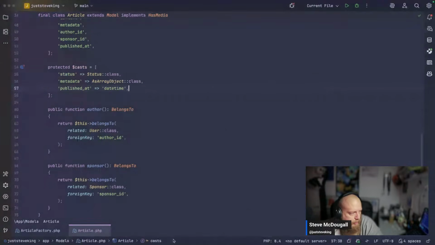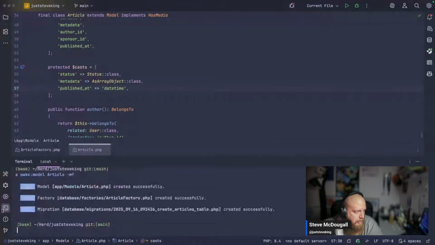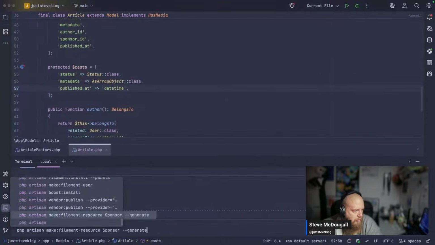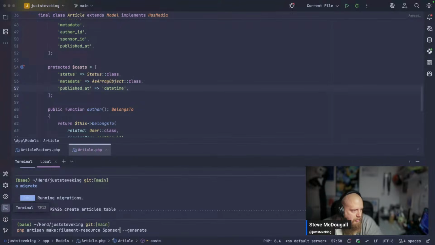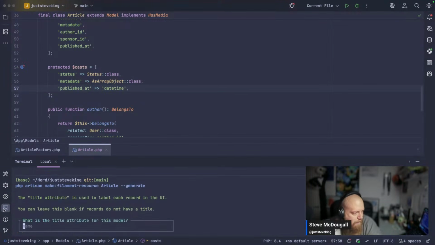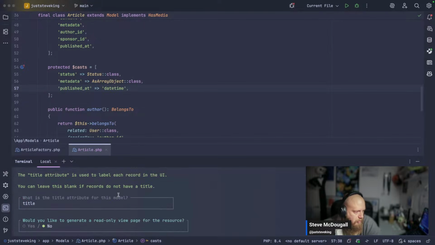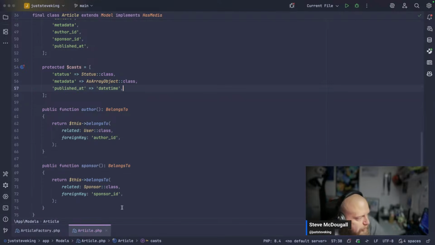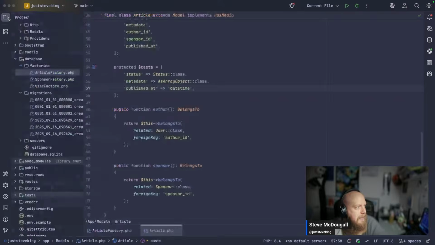Right now, let's just do a quick migrate. PHP artisan filament resource article generate. What is the title? That's title. Yes, make a read-only view. Okay, so what we also need is